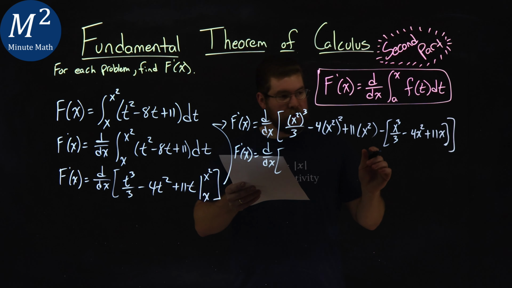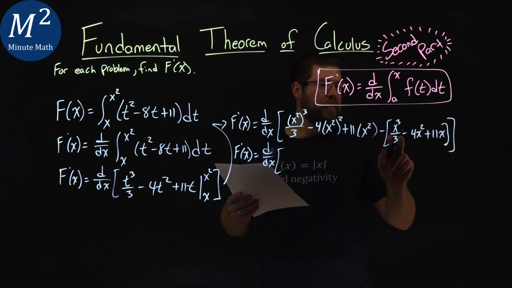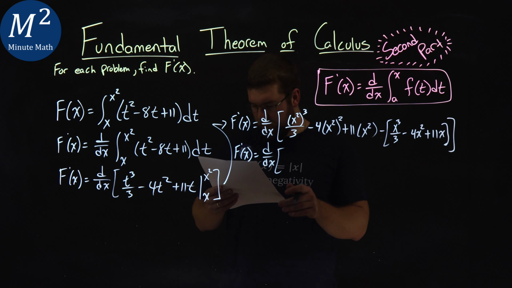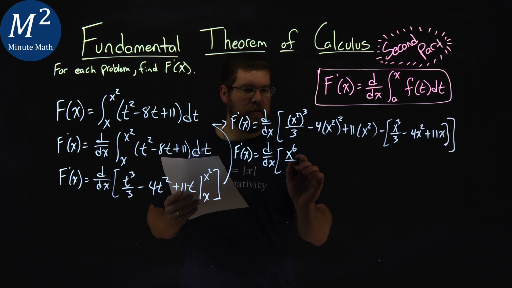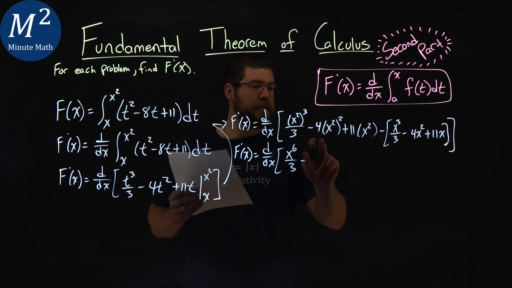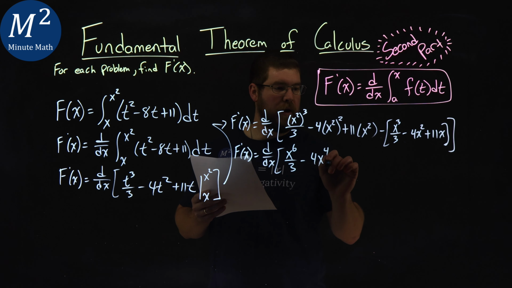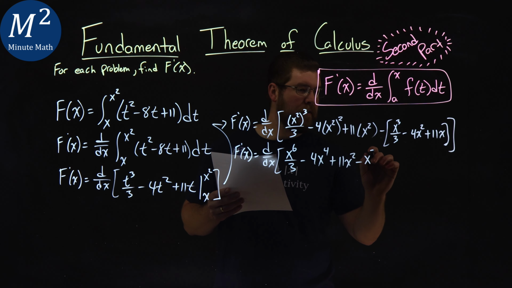Well, this subtracting gets distributed to all parts right here, right? So we make sure, when we keep that in mind, this minus sign goes to all these three parts. So simplifying this first part, x squared to the third power is an x to the 6 over 3. Minus, now we have 4x squared to the second power, so we have 4x to the fourth power, plus 11x squared. Distributing that out, minus an x to the third over 3,